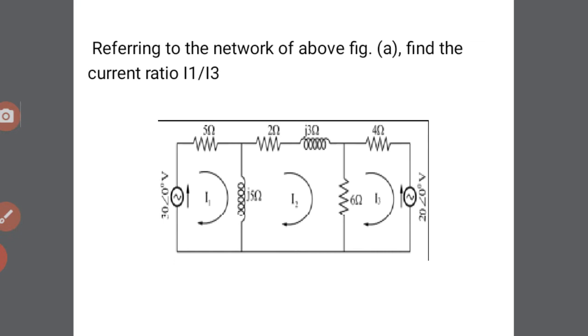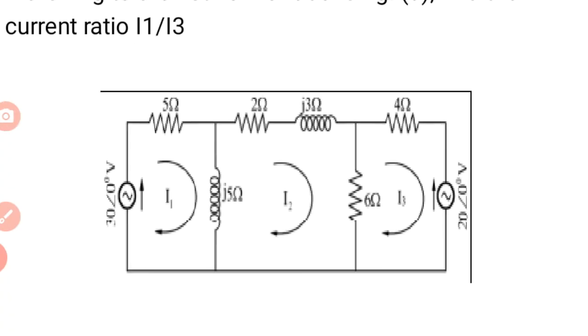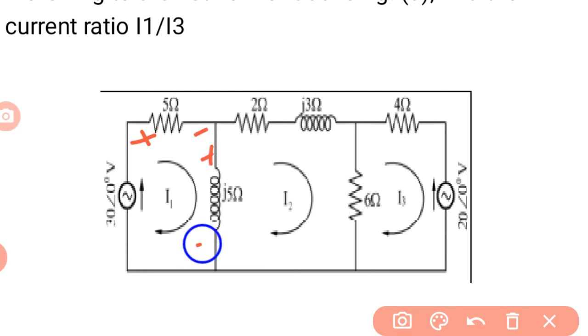Next for I3, that is equal to delta 3. From that we have to find I1 and I3. Okay, next go for these equations. Write down the mesh current equations. Just denote the sign indication in the positive clockwise direction: plus, minus, plus and minus.